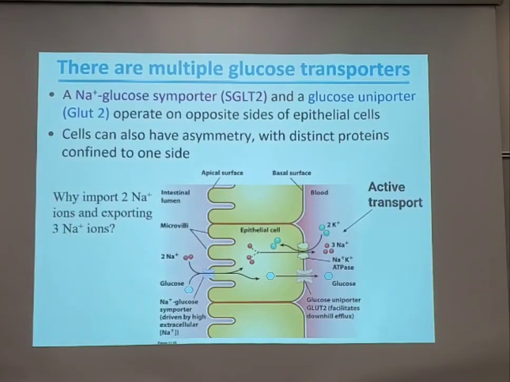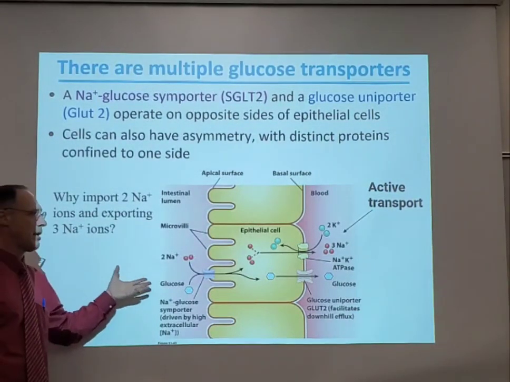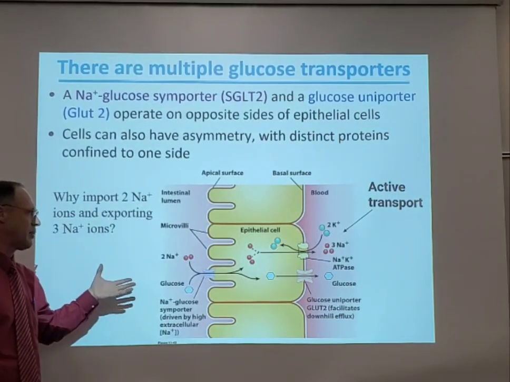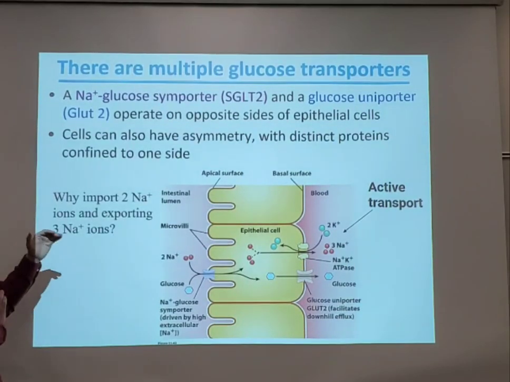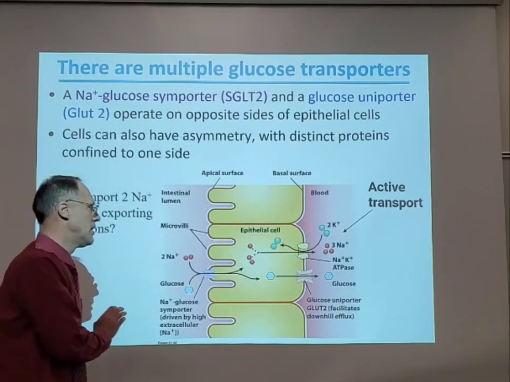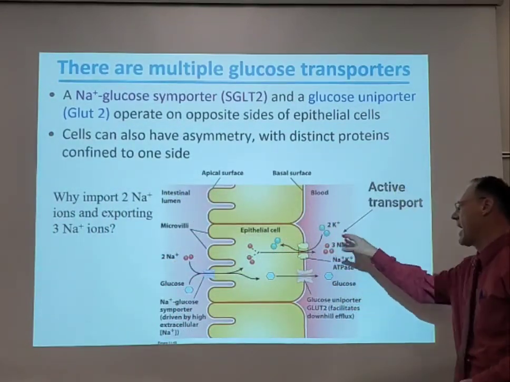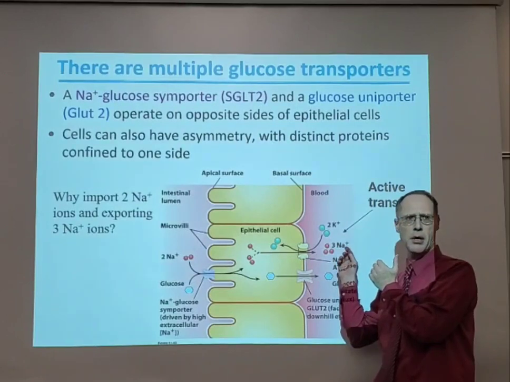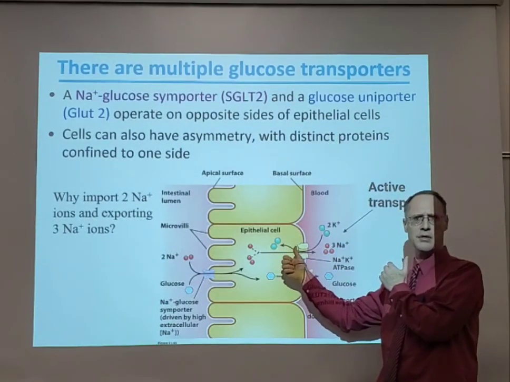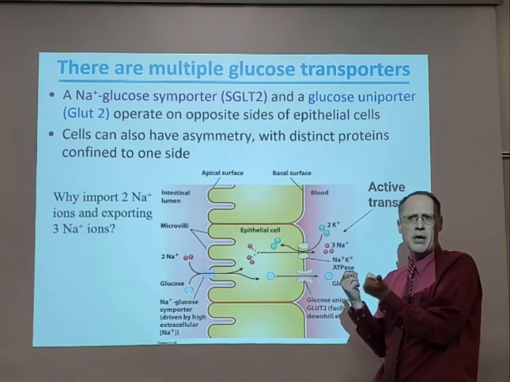Okay, we have other GLUT transporters. This is our GLUT2, in our epithelial cells, literally lining the stomach. So here we are. We have this glucose out here in the stomach, and I'm going to move it across. Now, in this instance, the first thing that's happening is let's come over here, let's do some active transport with something known as the sodium-potassium pump. And we'll study it more. Which way is the potassium going? It's going into the cell. Which way is the sodium going? Out. And I'm using ATP to accomplish this feat.